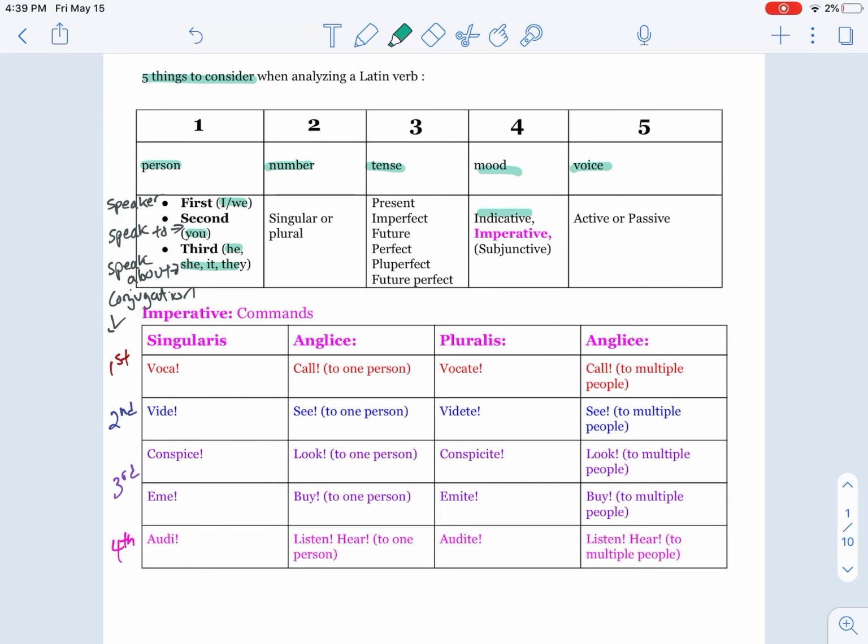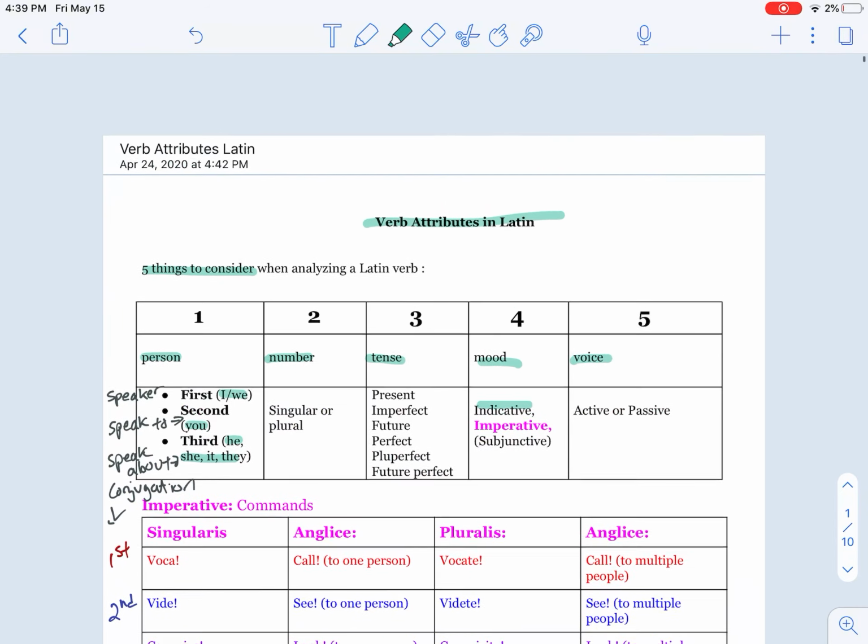And we'll talk about subjunctive in like Latin 3. So that's the plan for right now. Please let me know if you have any questions, but hopefully this will help you review your